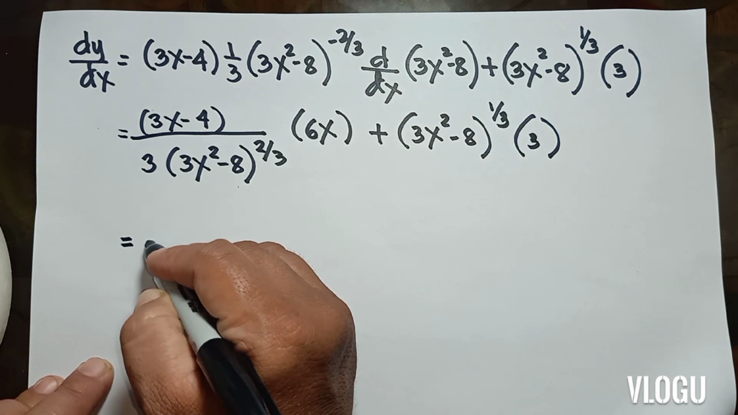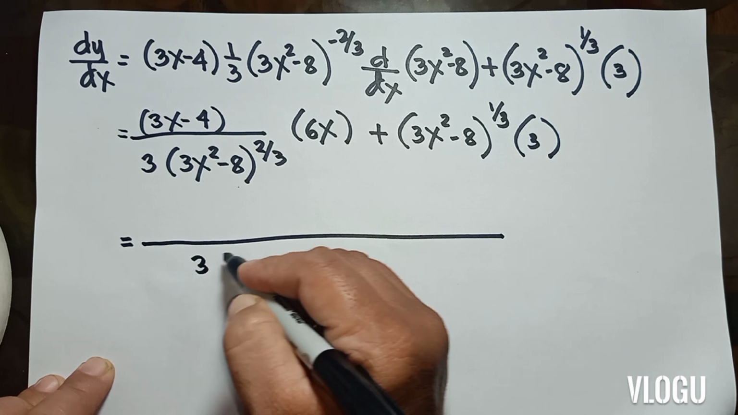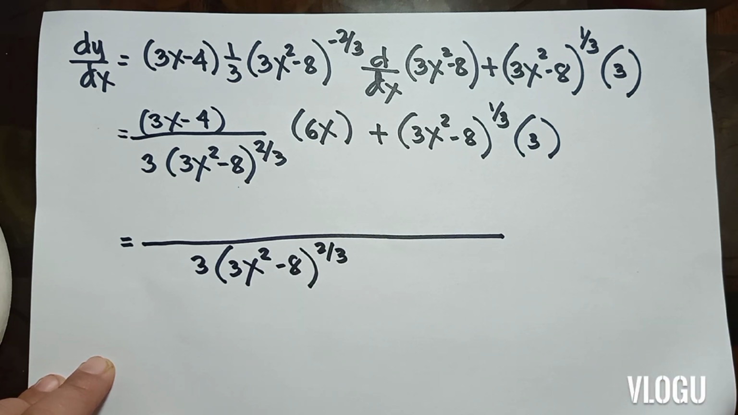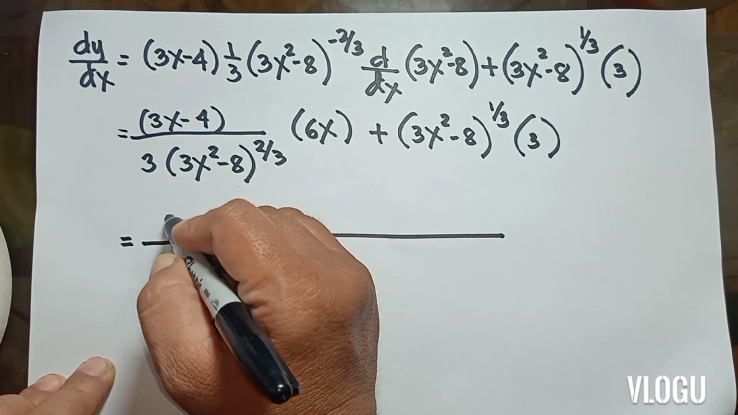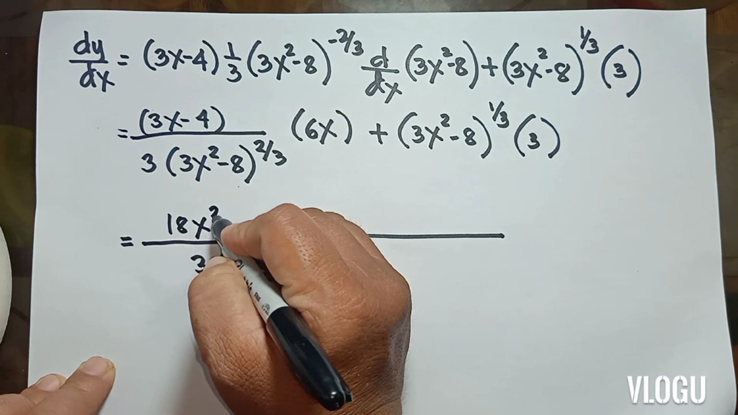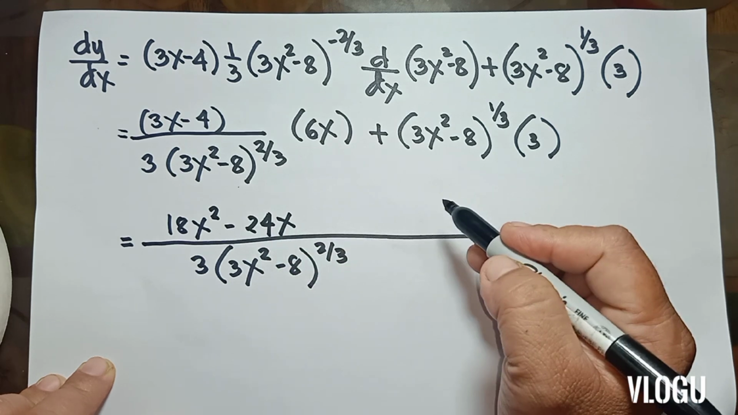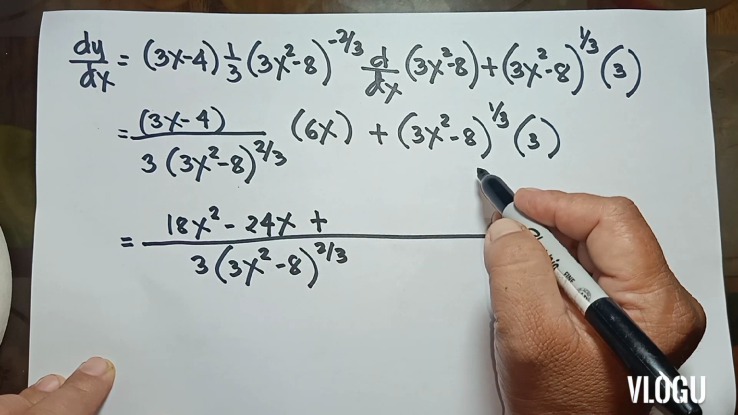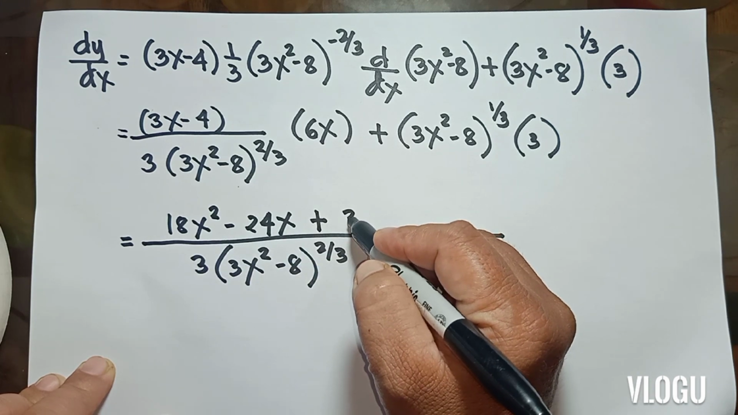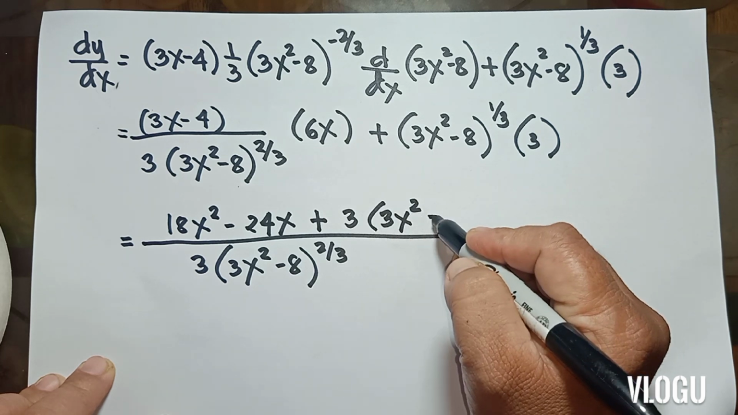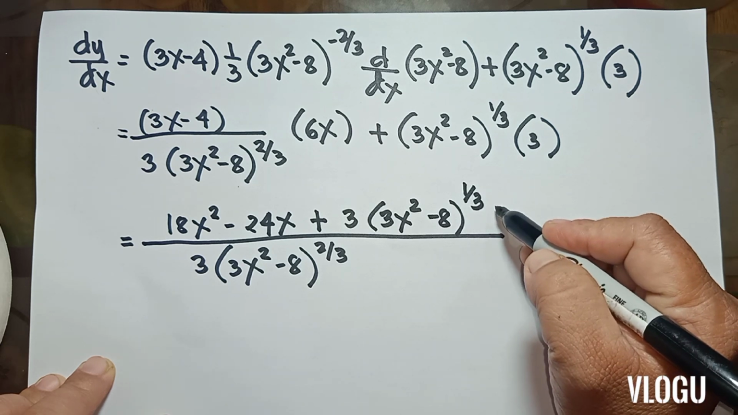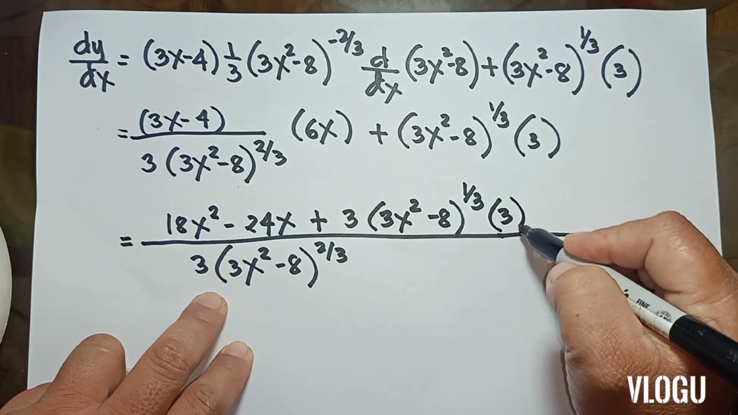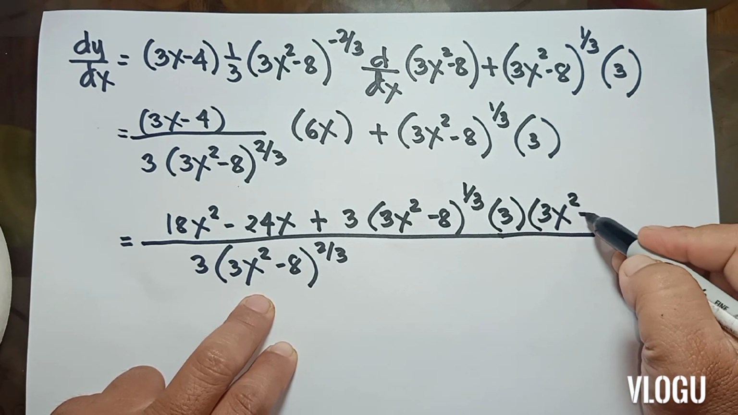So, therefore, we have a common factor here: 3. Then we have 3x squared minus 8 raised to 2/3. So, we have 6 times 3, that is 18x squared minus 24x. Plus, this is your common denominator; this is over 1. So, multiply here. So, we will have 3x squared minus 8 raised to 1/3, then we have 3 here, then we have 3x squared minus 8